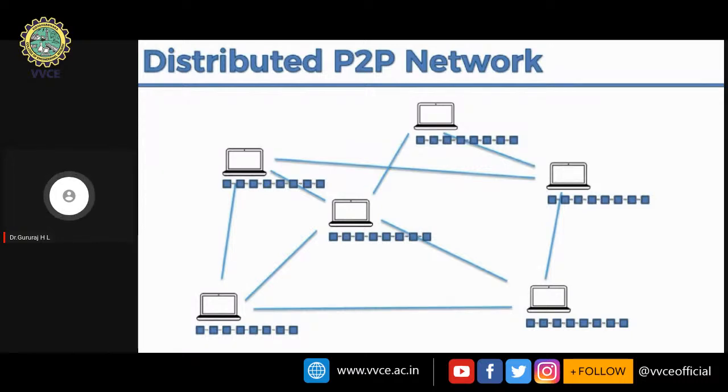This tells you the feature of transparency. The better example for this is a financial transaction. If you want to transfer an amount from A to B, for example, we have 2 nodes, person A and person B. If person A wants to transfer 100 rupees to person B, that will be transacted and he will receive it. But in case of this distributed peer-to-peer network or the blockchain technology, whatever the transaction that is triggered